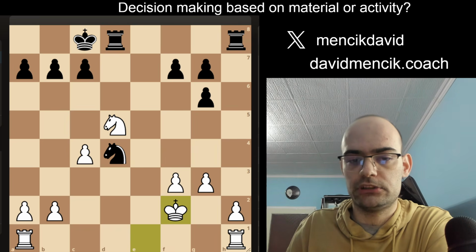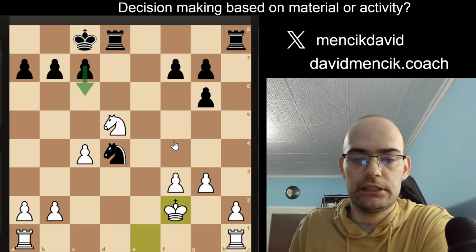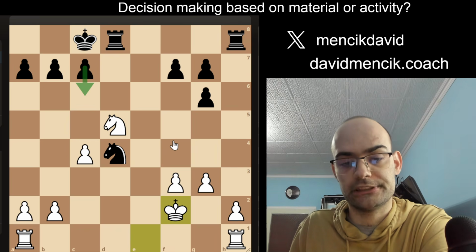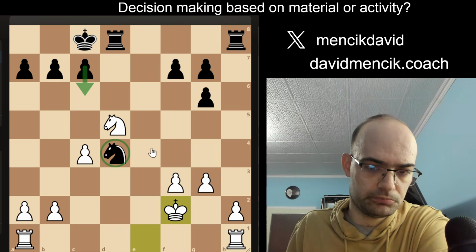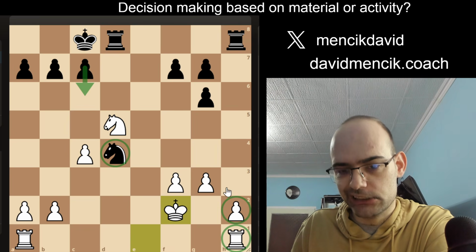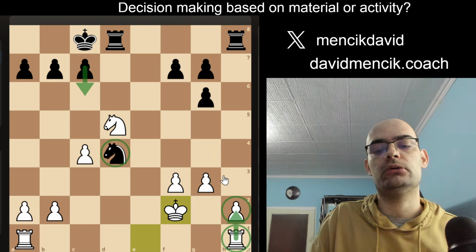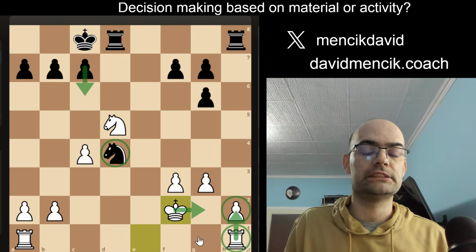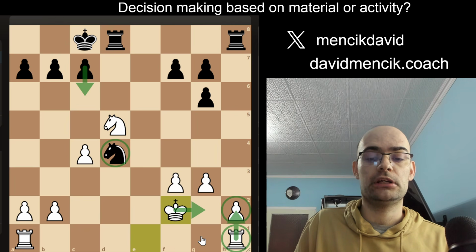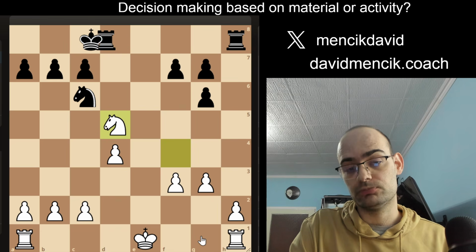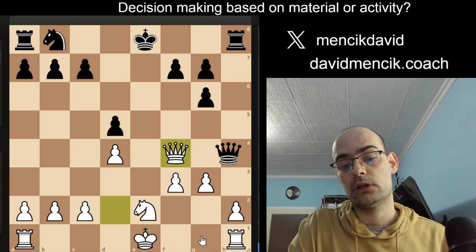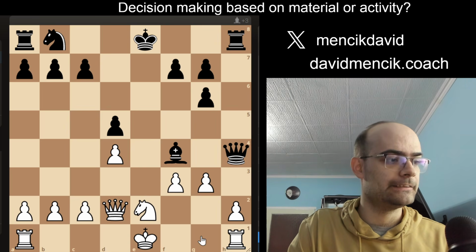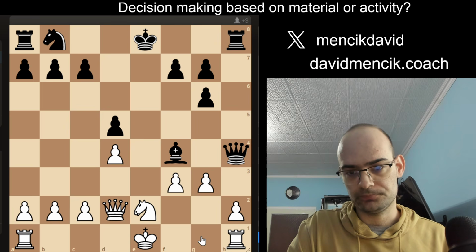I think that after a move like c6, in some positions, the knight on d5 is not placed as well as the knight on d4, and this rook is a little bit passively defending on h2. Of course, we can always play king g2, but white is at least slightly worse in this position. And we can conclude that the move queen f4, queen takes f4, is not going to be the best, unless there is nothing better that we can do.